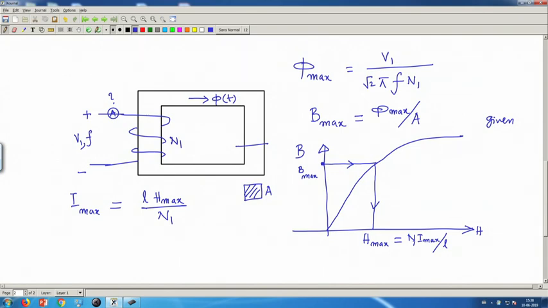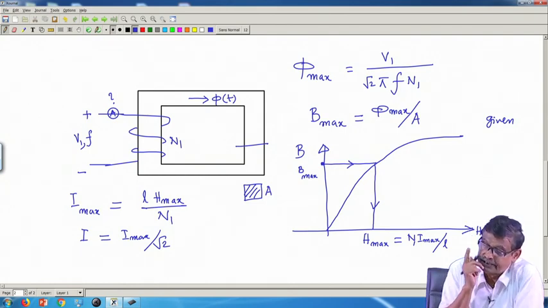So, the maximum value of the current drawn is known, and then the ammeter reading, if it is an MI meter, will be I RMS equal to I max by root 2. This is the thing. So, this now tells me about a single coil excited from an alternating voltage source of frequency f,